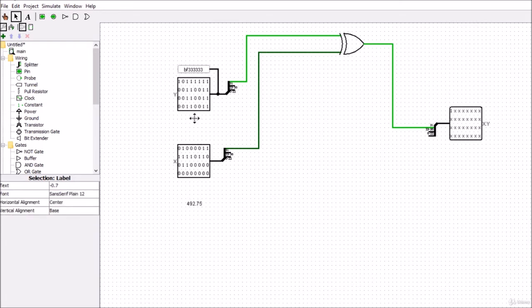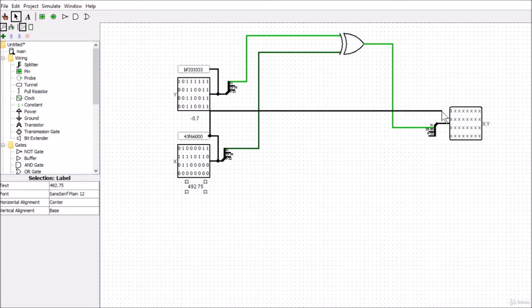Now we can do the same for our y value, and we'll copy that. And you can see that we've got our correct value for our y value there. And that's the 43F and 66 and 3 zeros. Okay, so that's our 492.75. Now we're going to do the same for the output because we want to be able to check the